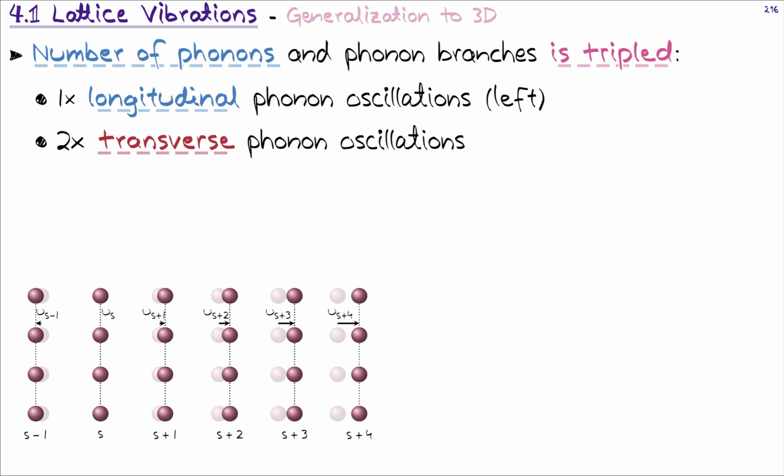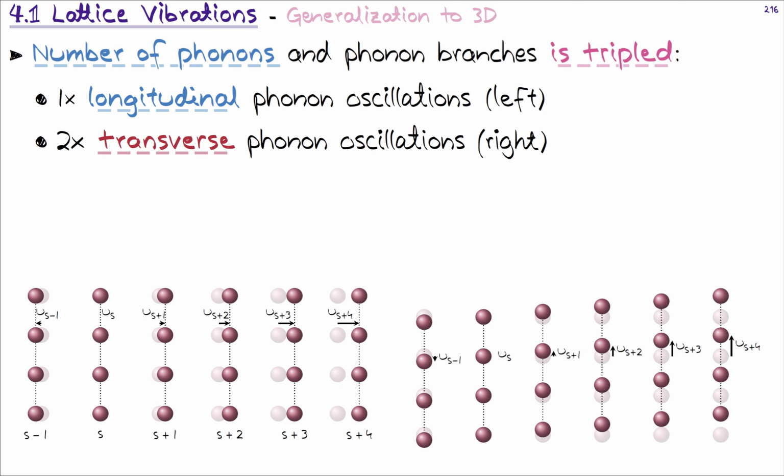Then we may have two transverse phonon oscillation directions, shown on the right-hand side picture. If the phonon is propagating from left to right, then we may have two oscillation directions. The phonon may be oscillating, for example, along the y direction